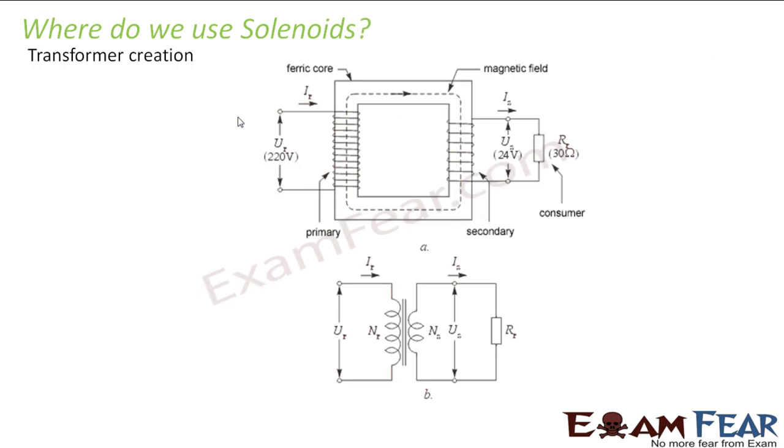It is also found to be useful in transformer creation. You are all aware of the name transformer. Maybe you are not aware how a transformer actually functions, but you would know what a transformer is. Most of you would have seen transformers outside your houses near the electric poles, from where the electricity comes to your houses. These transformers also make use of solenoids. Here you can see they have these solenoids with the help of which the transformation of current and voltage takes place. How this transformer works, we will discuss in our later classes. For now you should just know that solenoids are useful in transformers also.